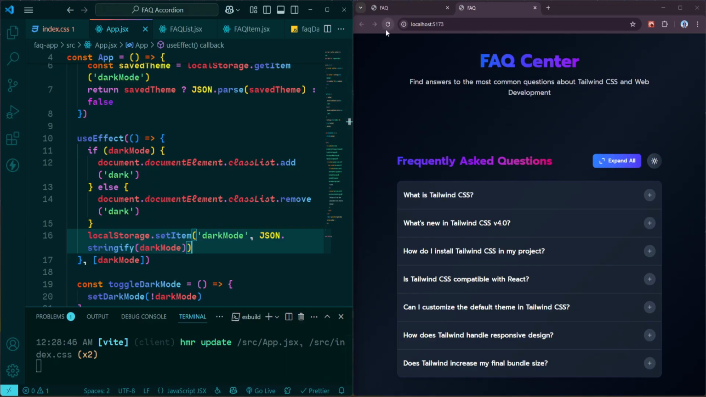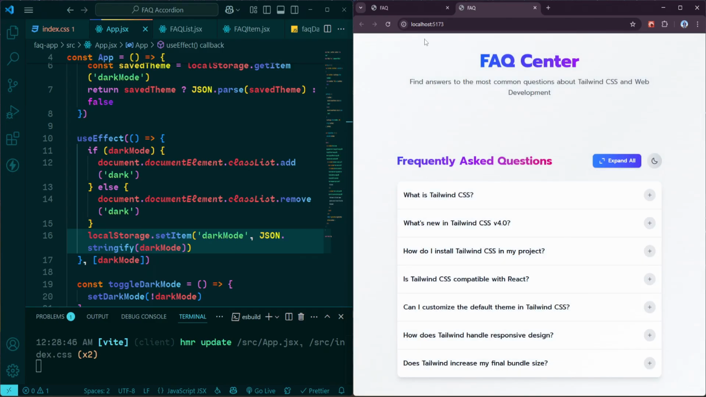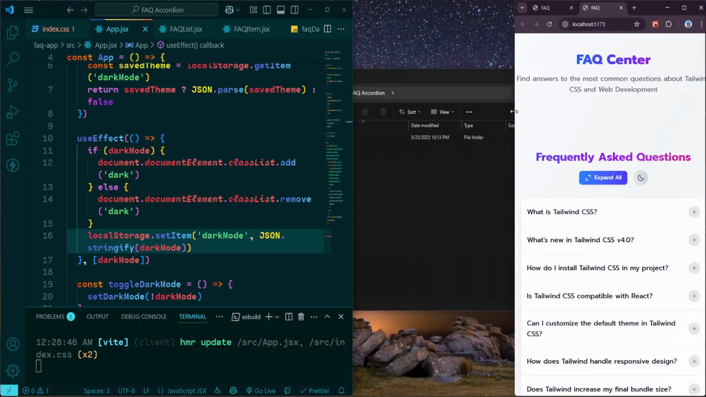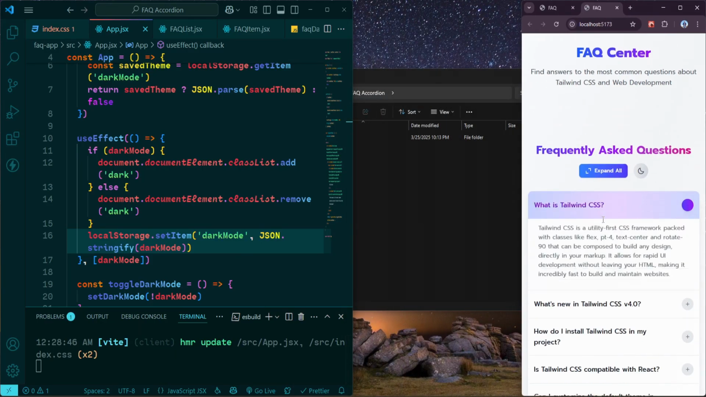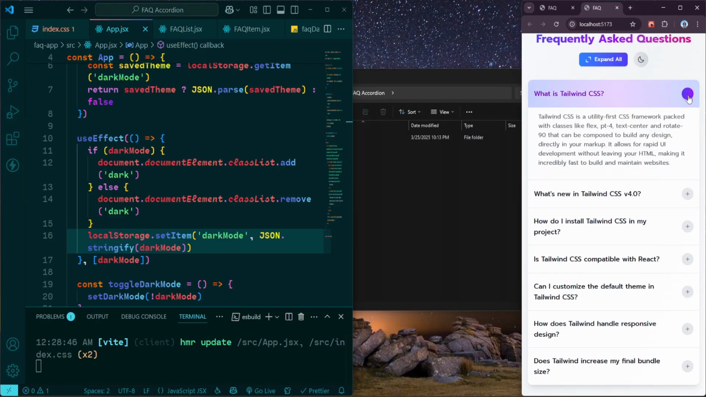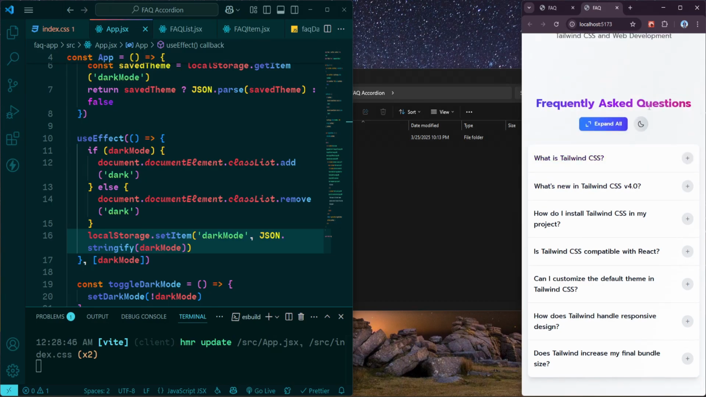Now, if we reload the page, the dark mode will be retained. If we change the mode into light and reload the page, we will get the light mode again. Okay, so everything is working perfectly. Let's shrink the window to see if the project looks good on smaller screens. Well, we have here a tiny issue. I'm going to change the color of the minus sign